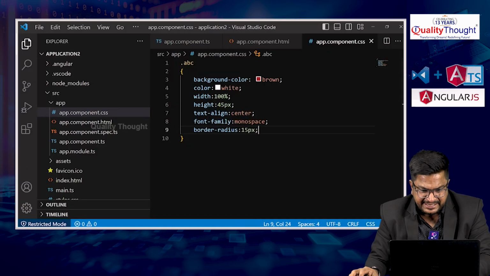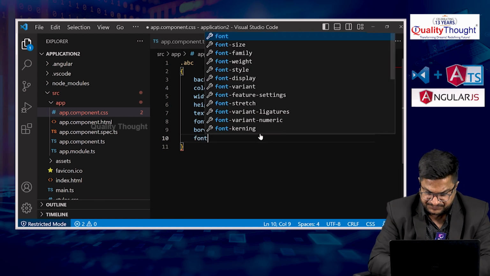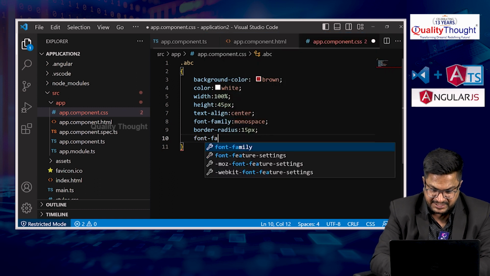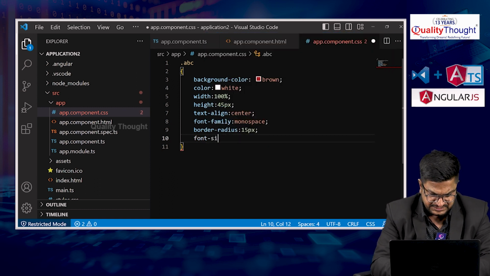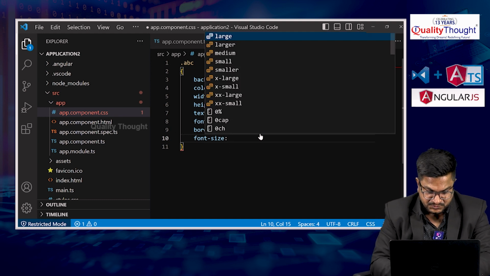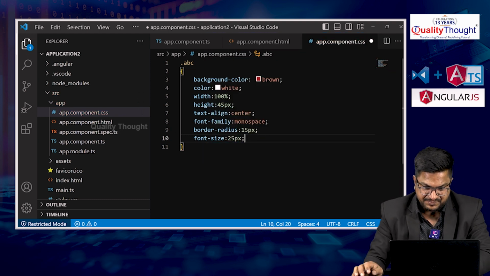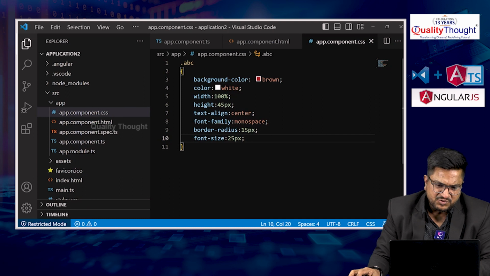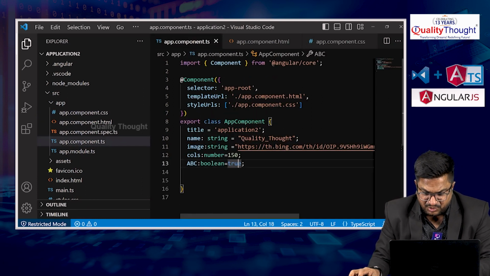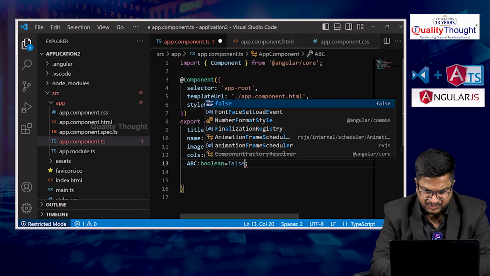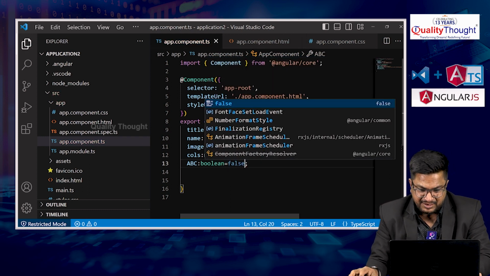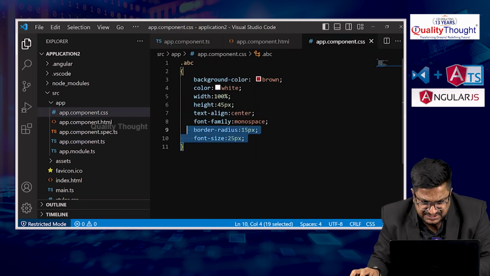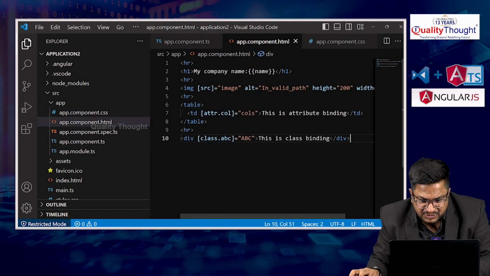If you notice, let me increase the size. For example, font size equal to 25 pixel, so the size will increase. This is class binding. If I apply false, those properties are not applicable. Whatever properties you have written for .ABC in app.component.ts